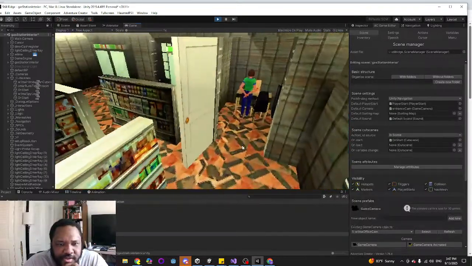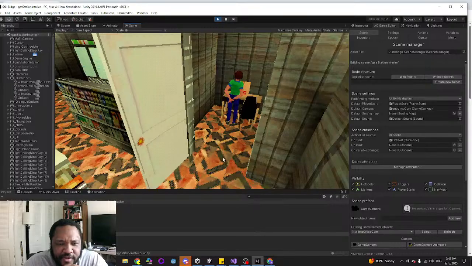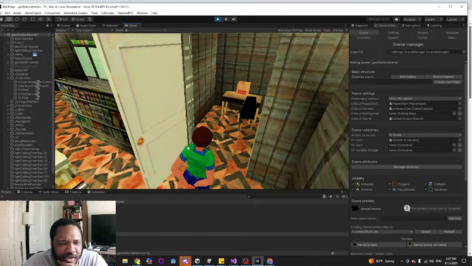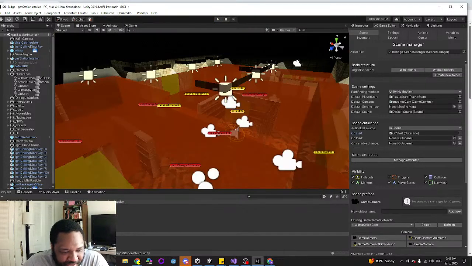Yeah, I cannot figure out why. It's almost like there's nothing triggering, but only in this scene. I'm going to have to break this down later, when I'm not under the pressures of streaming. But yeah, this entire interior scene is broken.